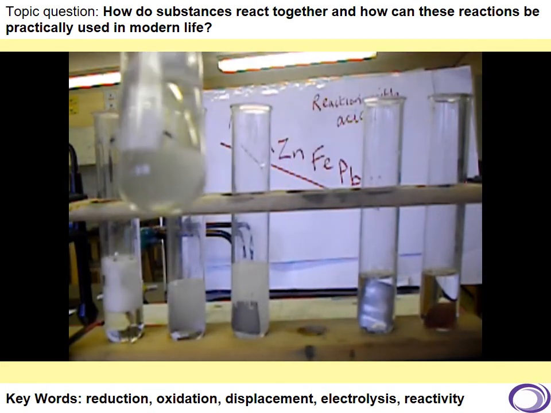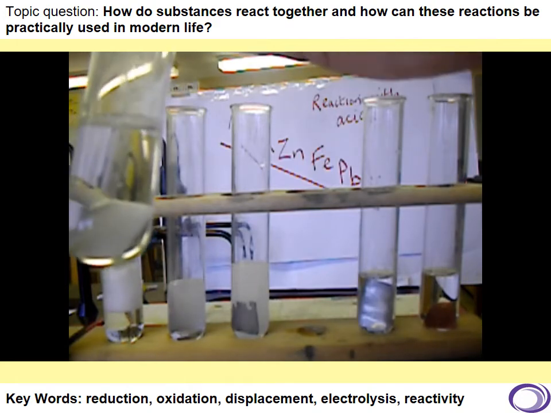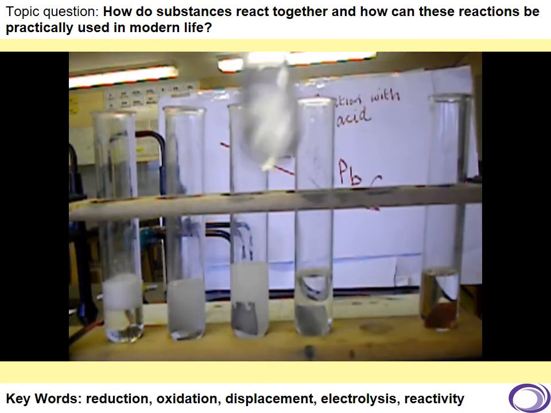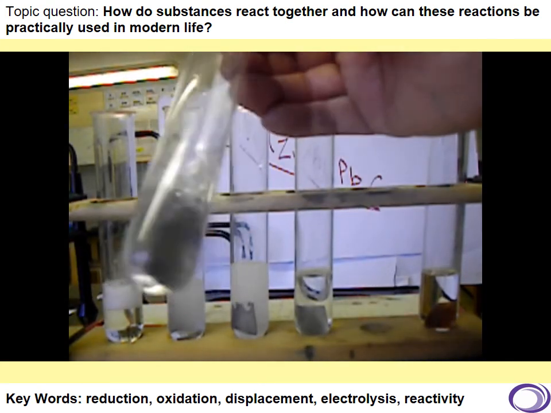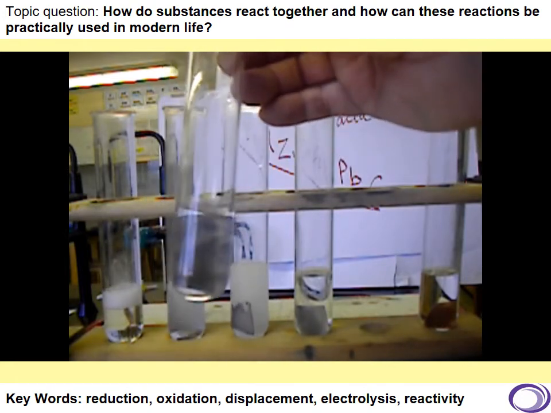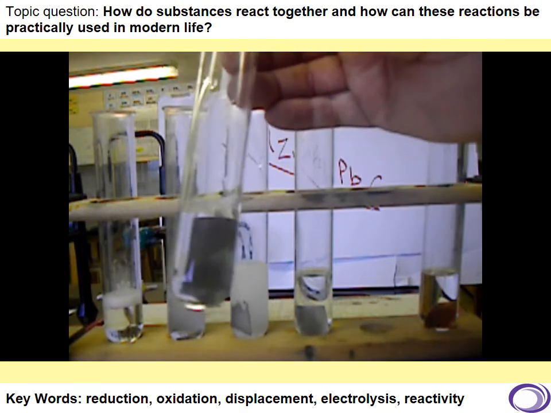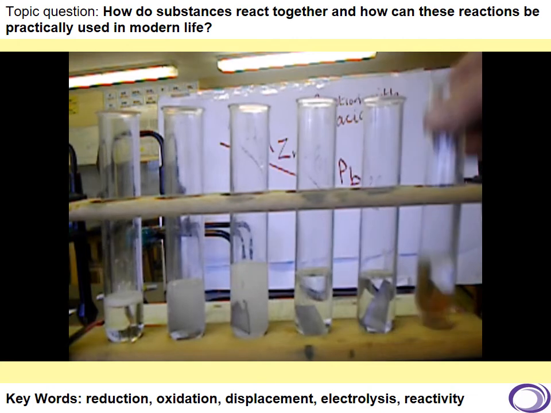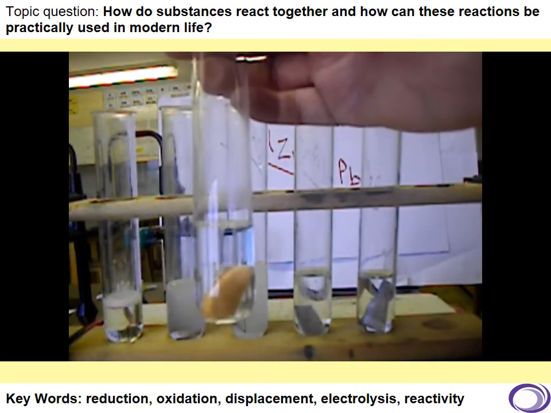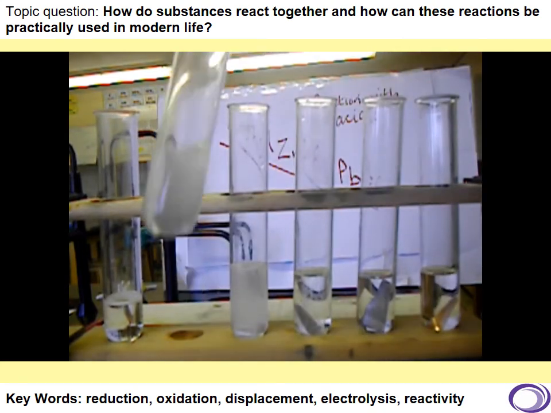Here we've got the iron, and all I can see is a slow stream of bubbling coming up from the iron. I might award that a score of 1. With the lead, we just get the very occasional bubble produced, and I would award that a score of much less than 1, perhaps something like about 0.0001, a very low score but not 0. Copper has absolutely no reaction, no bubbles being formed, so I would award that a score of 0. Returning to the aluminium,